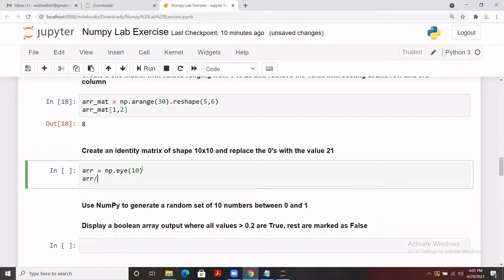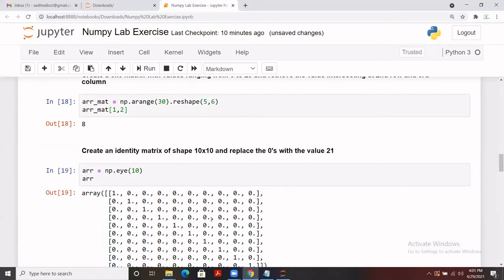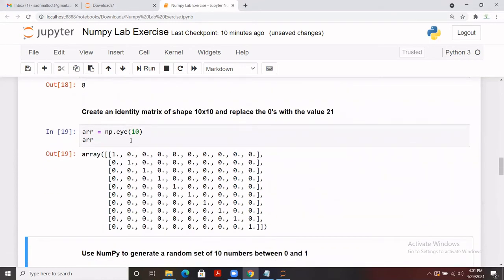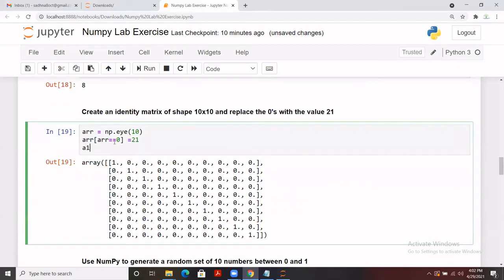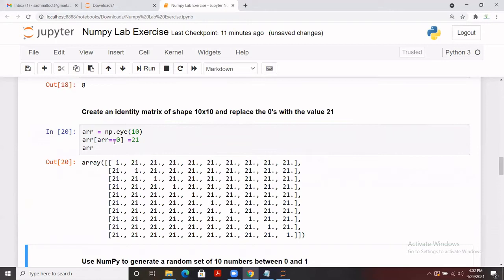So let me run it. Here it is. So that's a diagonal one. We can see total 10 rows, 10 columns. And in case we need to convert all the zeros to 21, we can write it like this. And here it is. Oh, sorry, that is arr. Perfect.